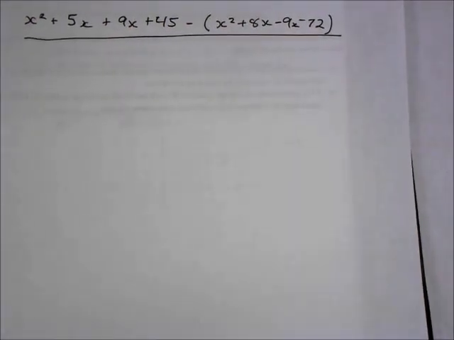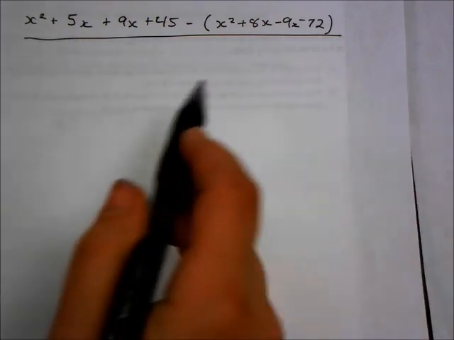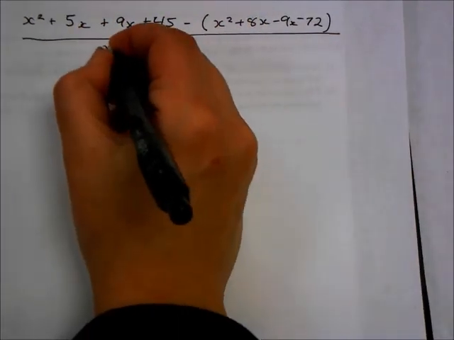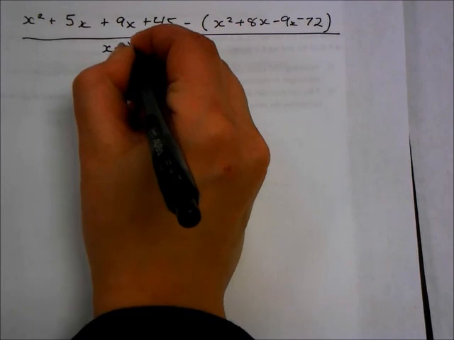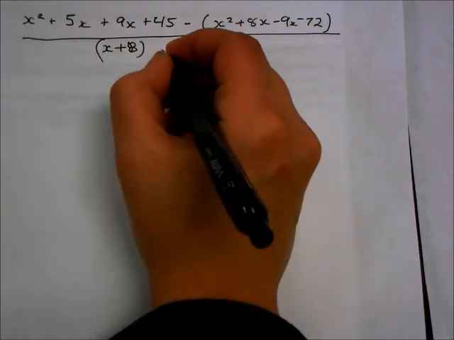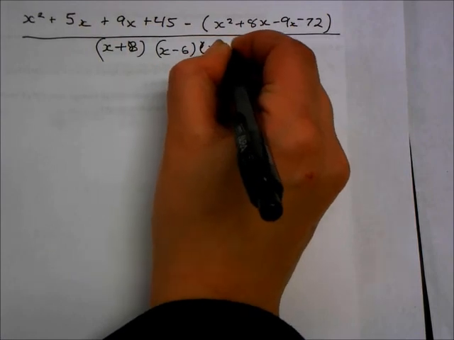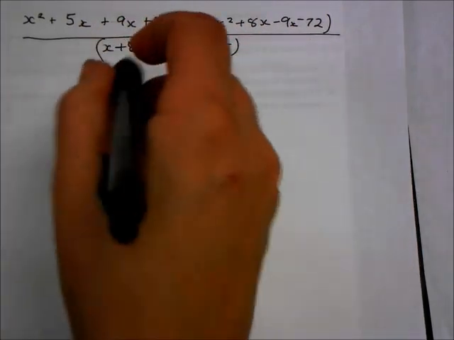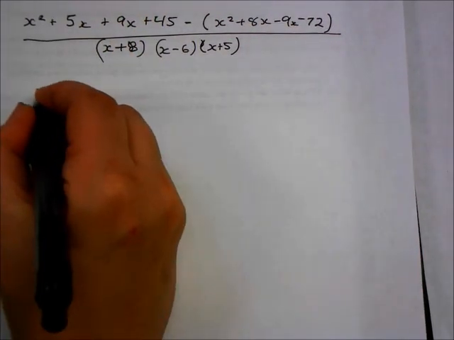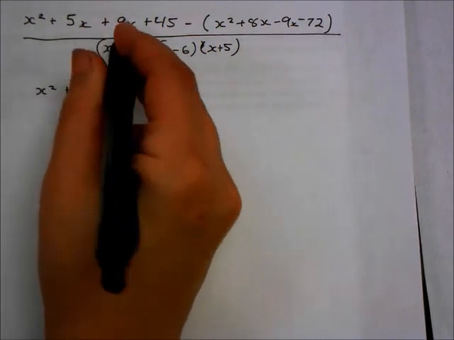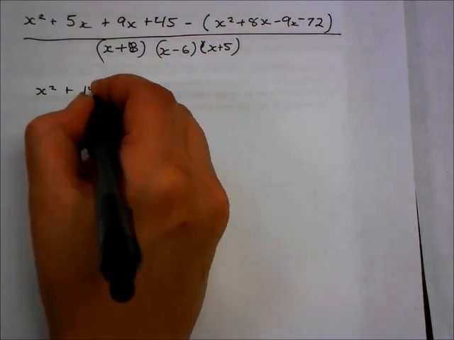So we have all of this over our common denominator x plus 8, x minus 6, and x plus 5. Let's distribute the negative. x squared plus, there we have 14x